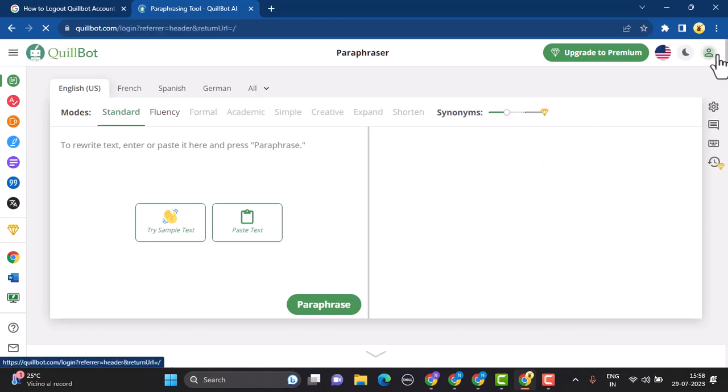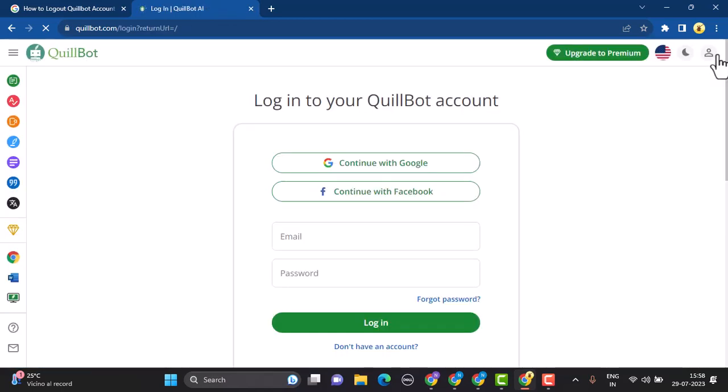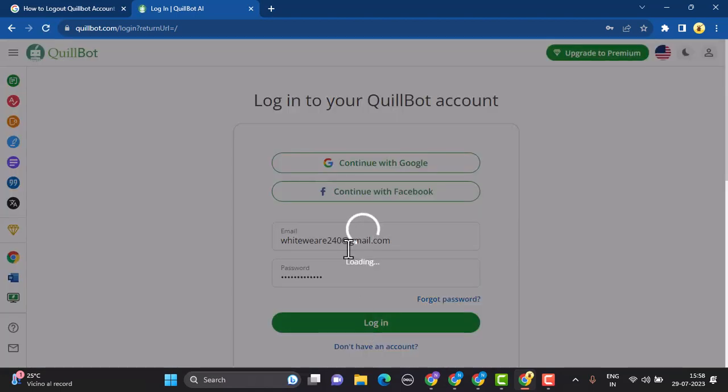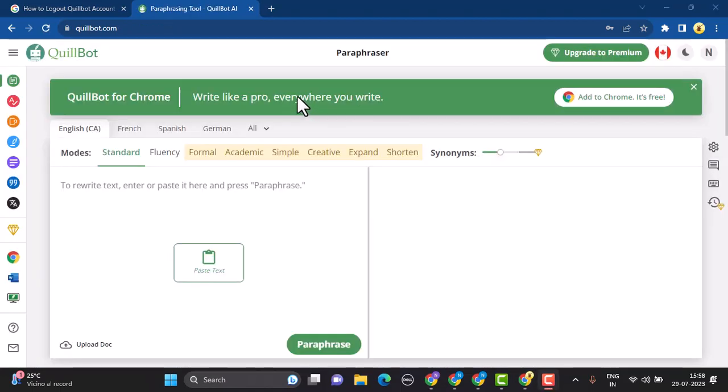Click on the profile icon located in the upper right hand side corner. Now select the method of logging in and enter in your credentials. Log into your account by tapping on the login button. After you're logged into your account, you'll be directed to the home page, and once you're on the home page,